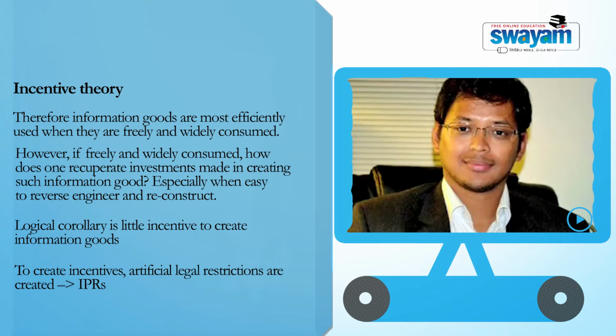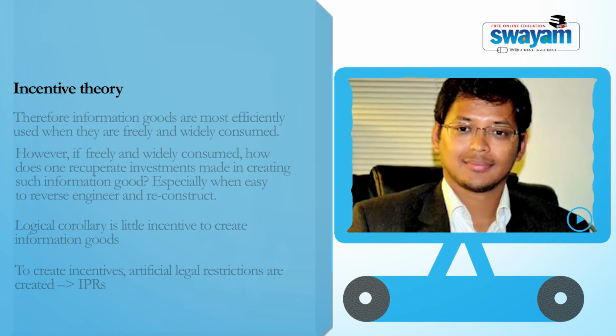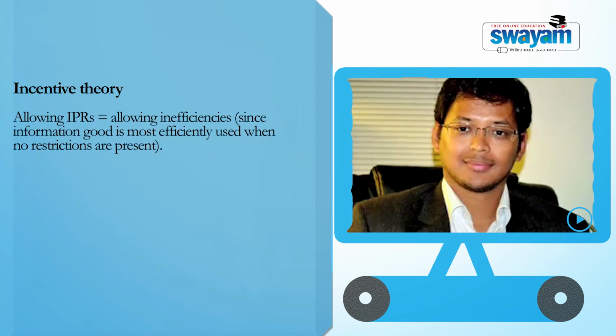However, as described earlier, information goods, since they have the public goods characteristics, there is an inefficiency created when this exclusion right is granted, since it is no longer being most efficiently used. This initial inefficiency that is created by allowing intellectual property rights and reducing the spread of information is known as a static inefficiency. As the ability to exclude other competitors from the market allows creators to charge a price above the marginal cost, that is, it allows the innovator or the creator to raise the price higher than they would have